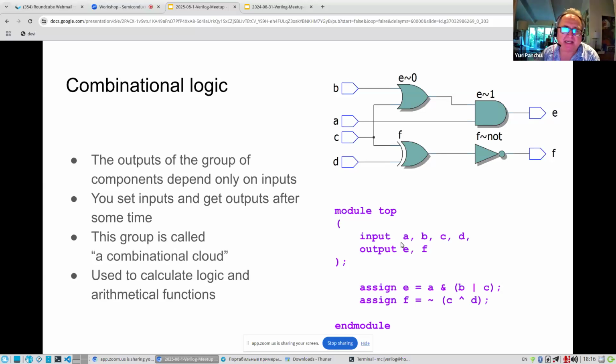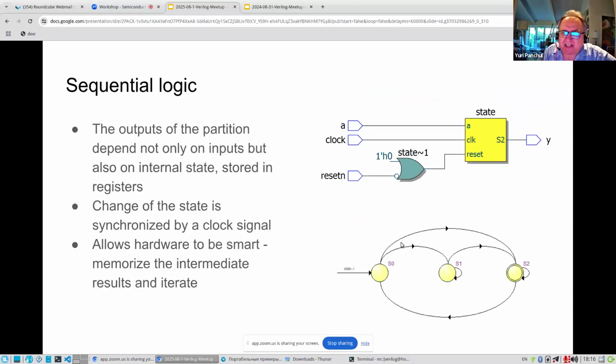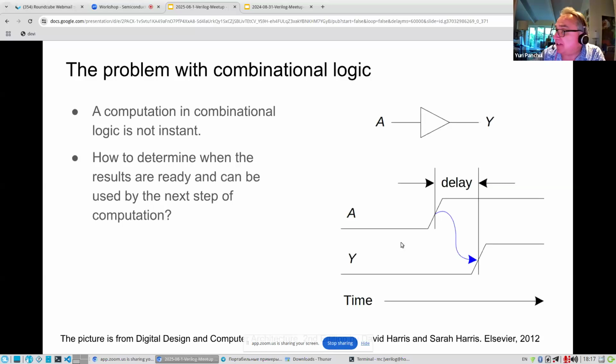And the group of such gates is called a combinational cloud. You can use it to compute either logic expressions or arithmetic expressions. And sequential logic is logic which involves an additional element, a state element, or D flip-flop, and it essentially allows your circuit to be smart. Now, before we go to sequential logic,